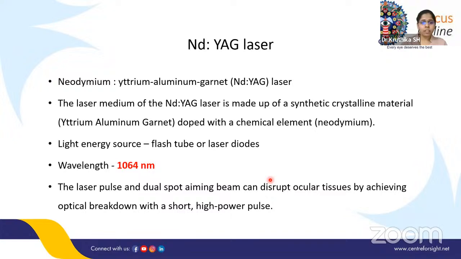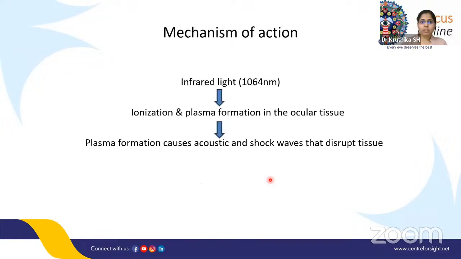How it acts is that the laser pulse and dual spot aiming beam can disrupt ocular tissues by achieving optical breakdown with a short high power pulse. There is a mechanism for this as well. When infrared light of 1064 nanometer is exposed to ocular tissue, it causes ionization and plasma formation in the ocular tissue. This plasma formation releases acoustic and shock waves that disrupt the ocular tissue, that is the posterior capsule in this